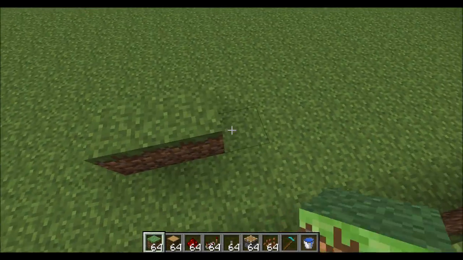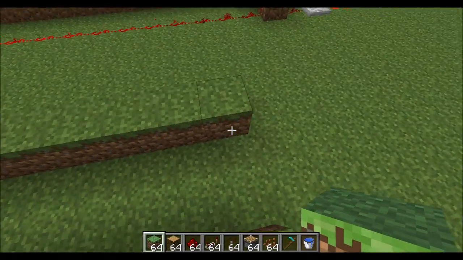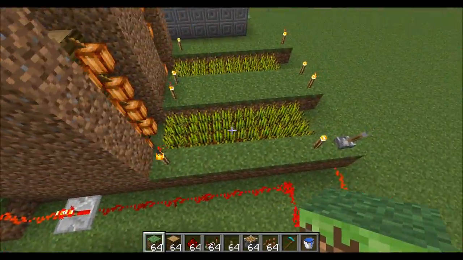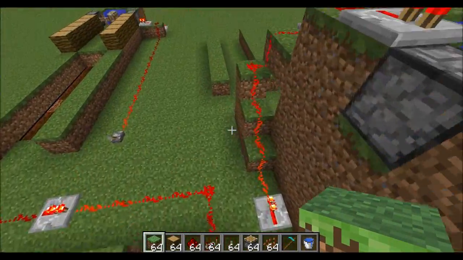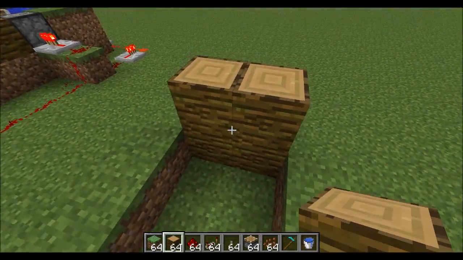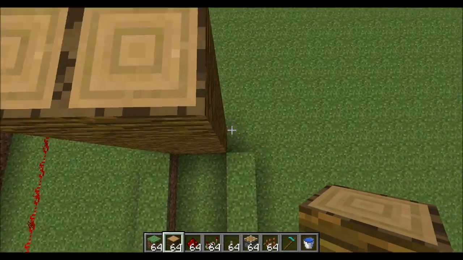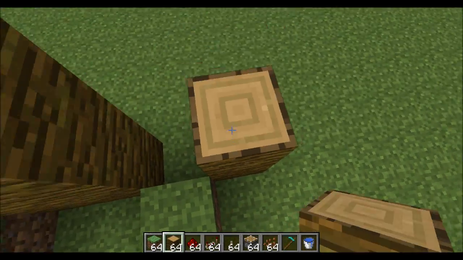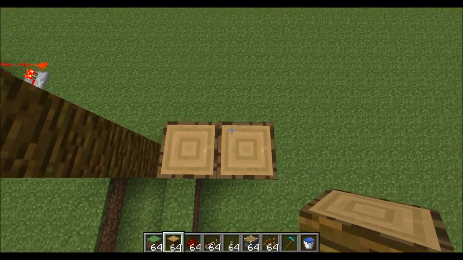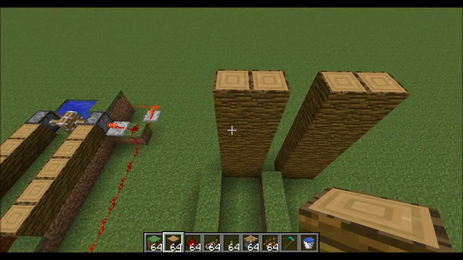And then leave a gap of 2. Just like that. And then once you go 8 back, at that point you want to start laying these down. And like I said, you can make these as high up as you want to. I'm pretty sure. Don't quote me on that. No, I'm pretty sure you can go pretty much as high and as far as you want to go,